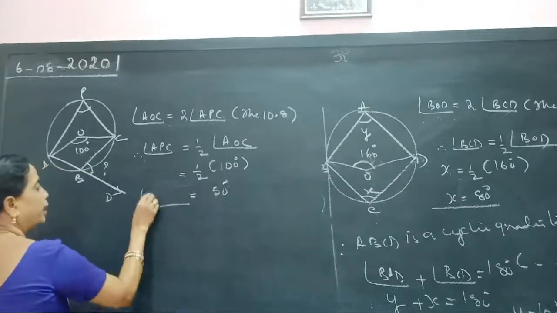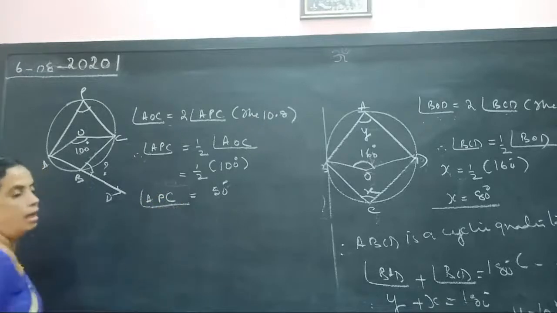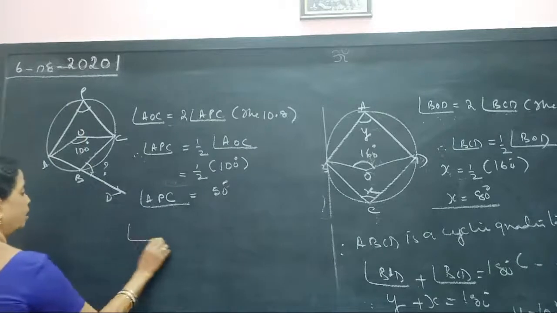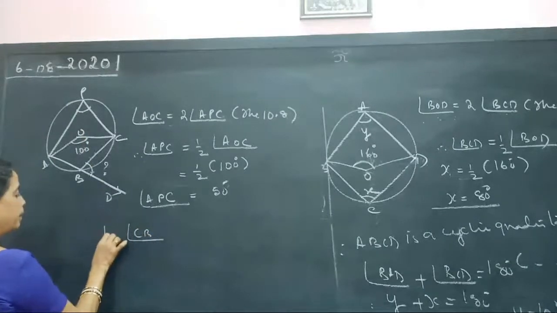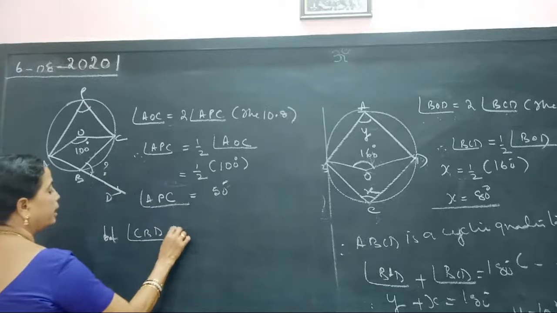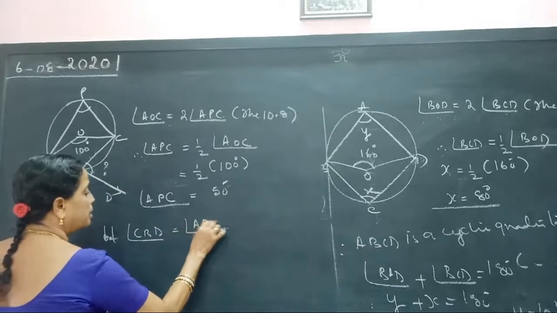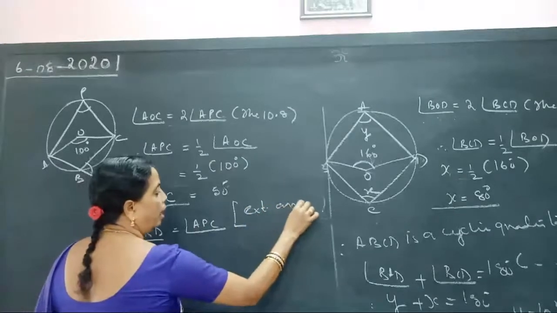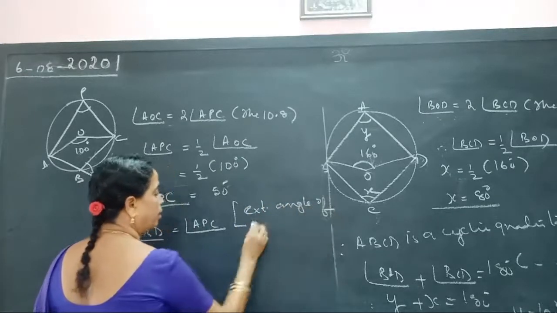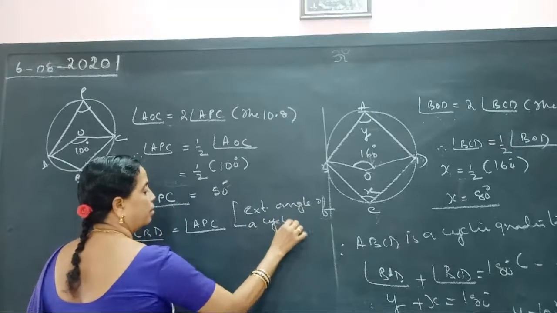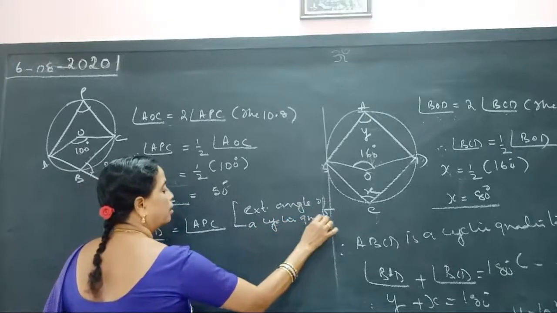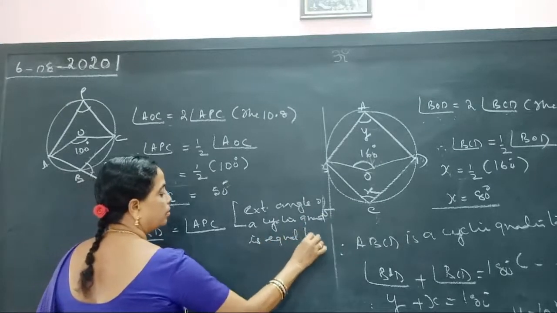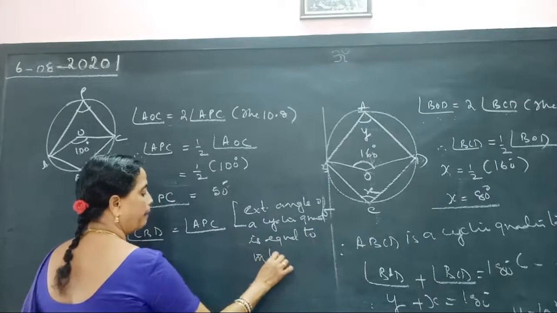So after getting angle APC as 50 degree, the next step is angle CBD, but angle CBD equals angle APC. Write the property: exterior angle of a cyclic quadrilateral is equal to interior